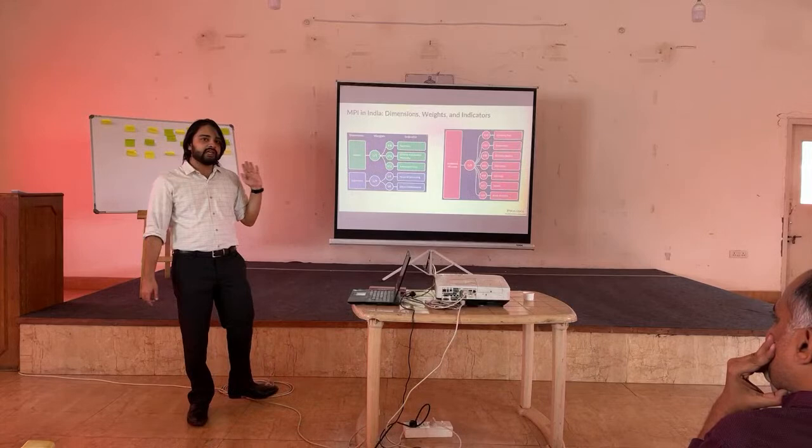But by giving equal weights, they're basically saying that all of these contribute equally, as in if you're deprived in any one of them, so if you don't have access to sanitation, it's as bad as you not having access to cooking fuel. If you don't have both, then it's an even bigger problem. That's the idea that they're saying, right? And the reason why